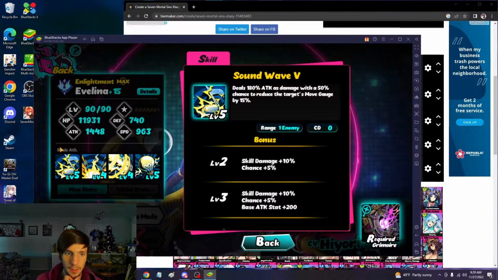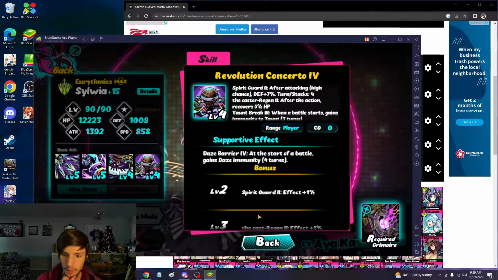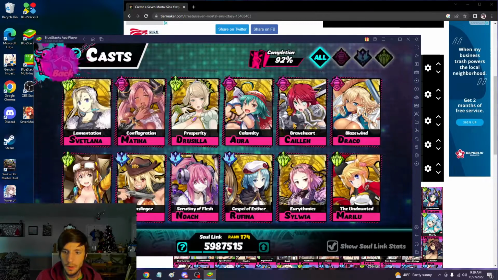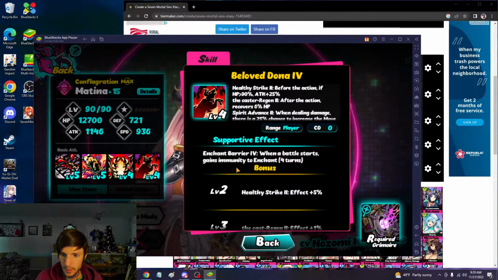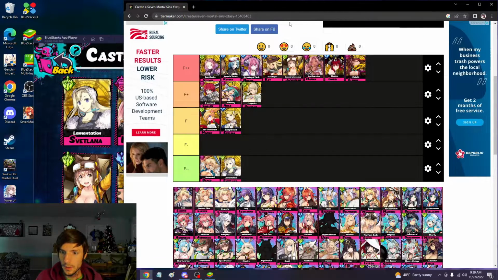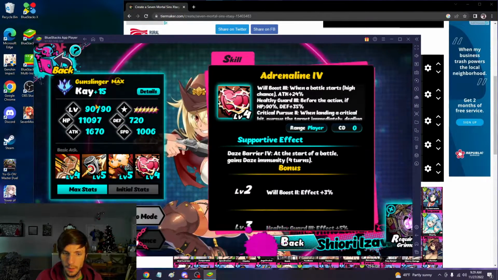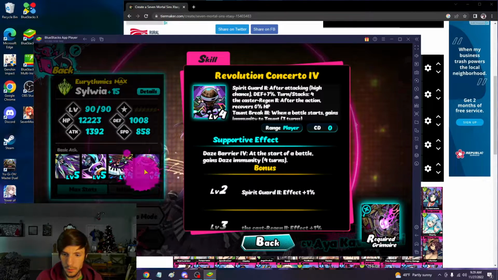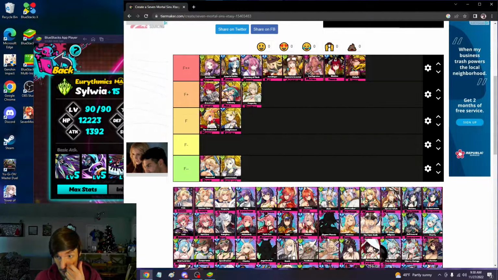I think a couple of these characters had the same support effect. Like Daze immunity. And then somebody else had Daze immunity. Who was it? Confused barrier. Let me see here. Was it you? Enchant barrier. Let's see. Wasn't gonna be you guys. Was it K maybe? Daze barrier. So it was K and not Rufina. K and Willia. Daze. So okay, just because K is a better character than Rufina, I'm